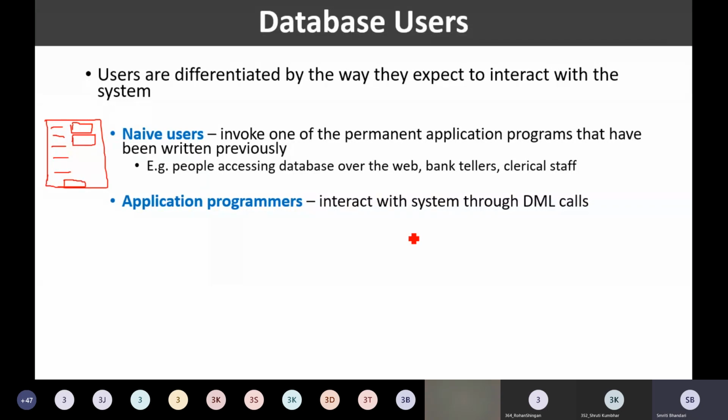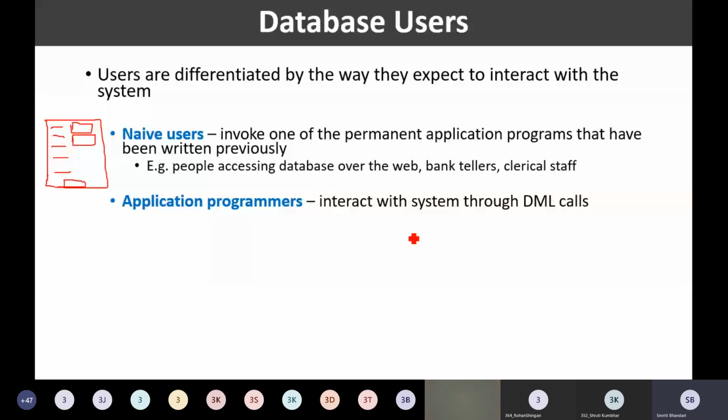Application programmers are the category of the database users who are the computer professionals and who actually are writing the application programs to be used maybe by the naive users, right? So application programmers are writing the application programs, the codes, and typically they are interacting with our database system through the DML calls.